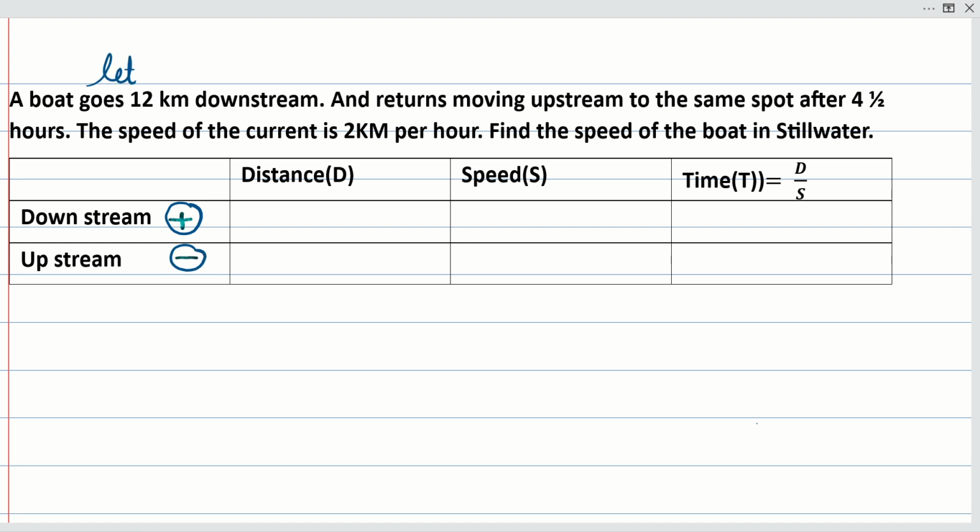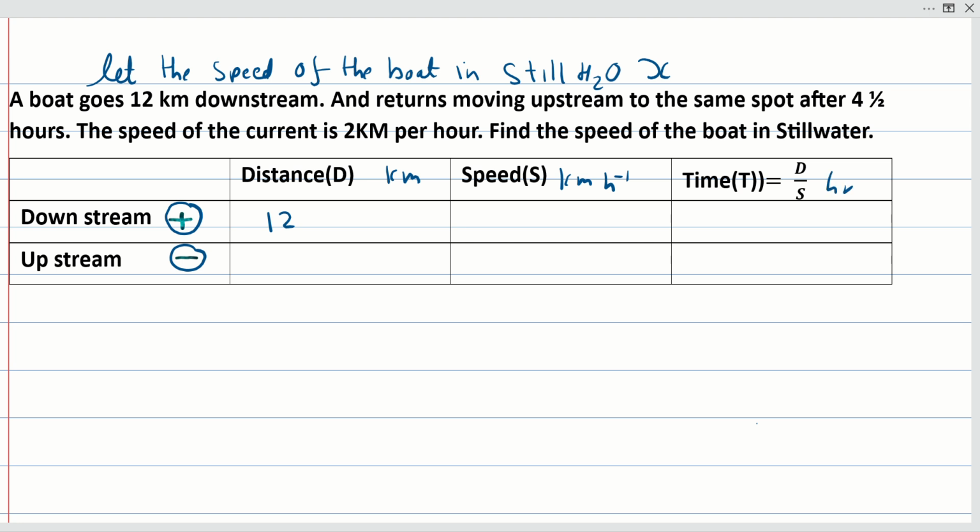So let the speed of the boat in still water be x kilometer per hour. So here first it is going downstream, so downstream it is 12 kilometer, and we don't know the speed. Now it is going downstream,